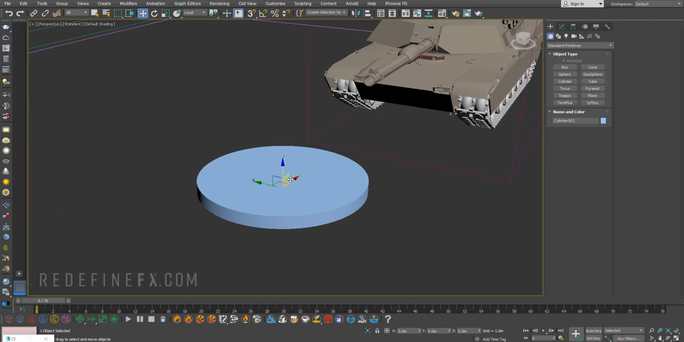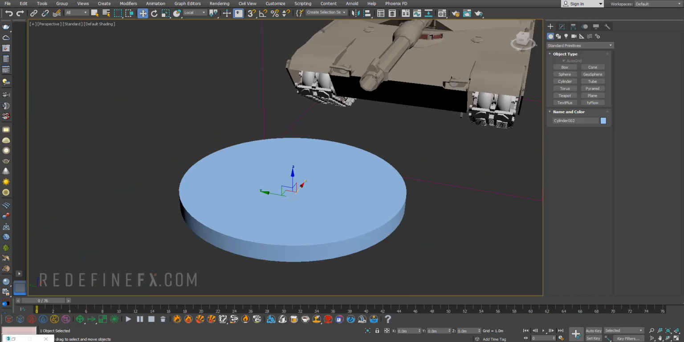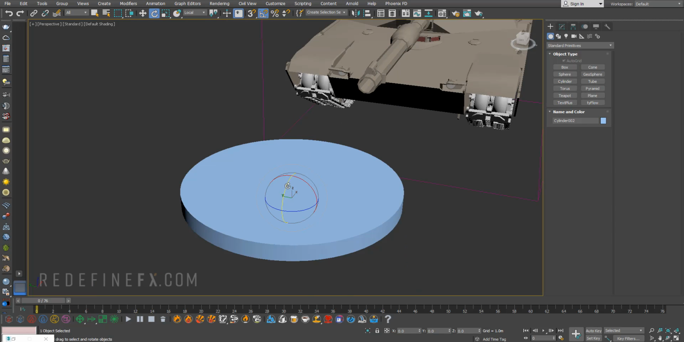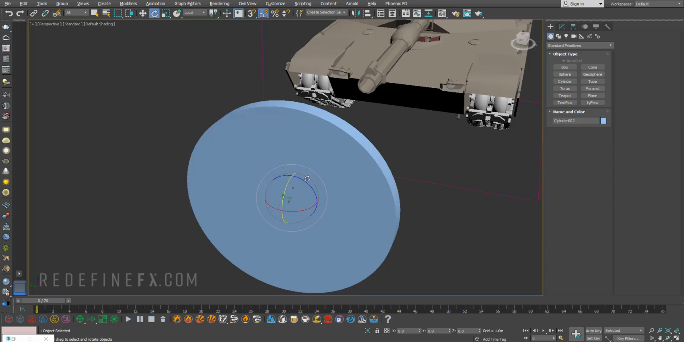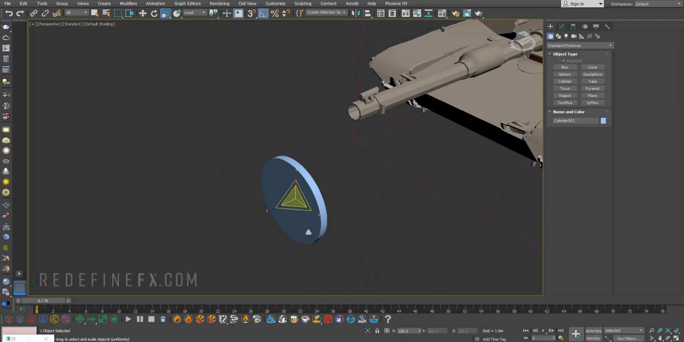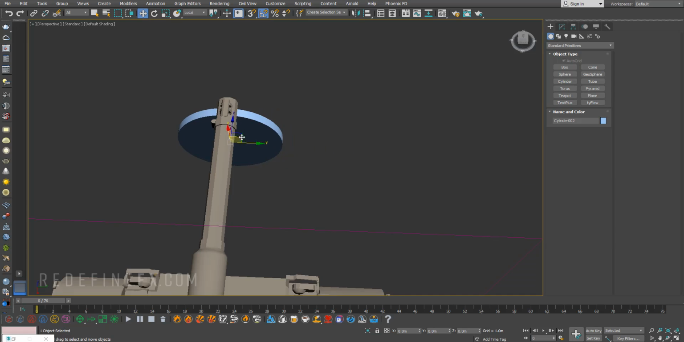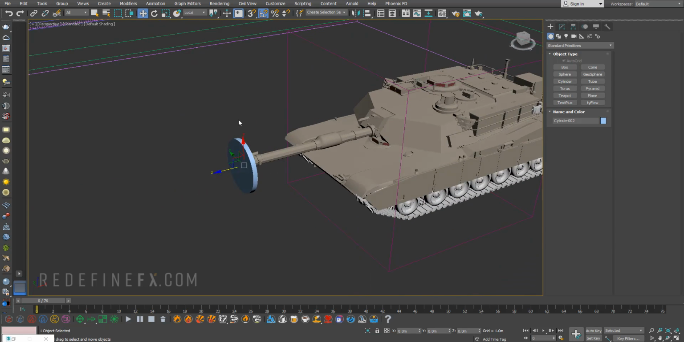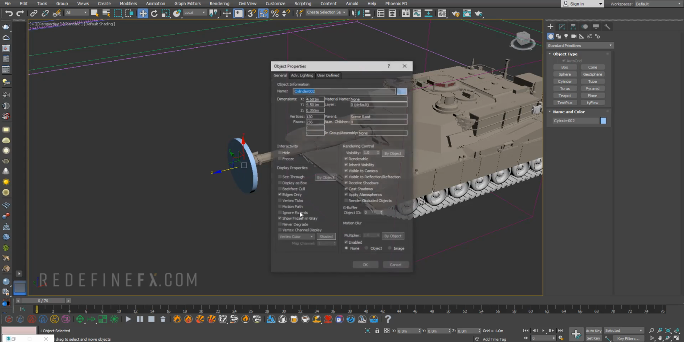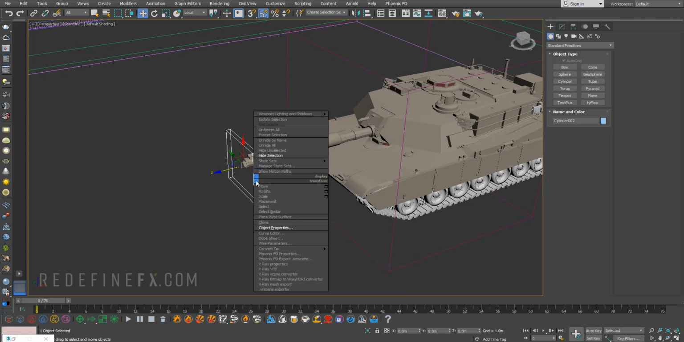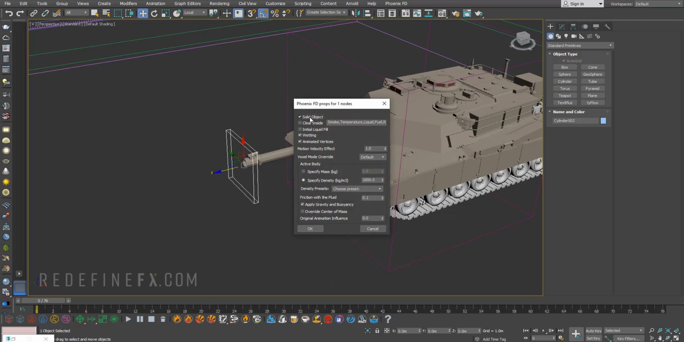So you could just make a tiny cylinder and make it fit into this hole, but you can sort of fake it and get a much cooler shockwave just by using something much larger. So I did something along these lines here. So something like this for the emitter for the blast. And as always, object properties, make it not renderable, display as box, Phoenix FD properties, make it not a solid